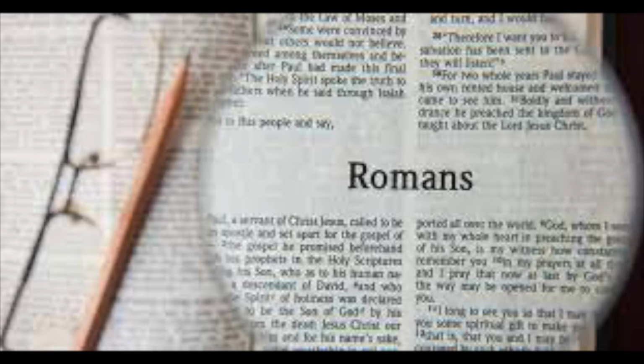On today's episode of Bible Blueprint of the New Testament, we are looking at the book of Romans. Now, Romans is number six in order of the New Testament. The number of chapters is 16, and the type of book it is, is epistle or Pauline.